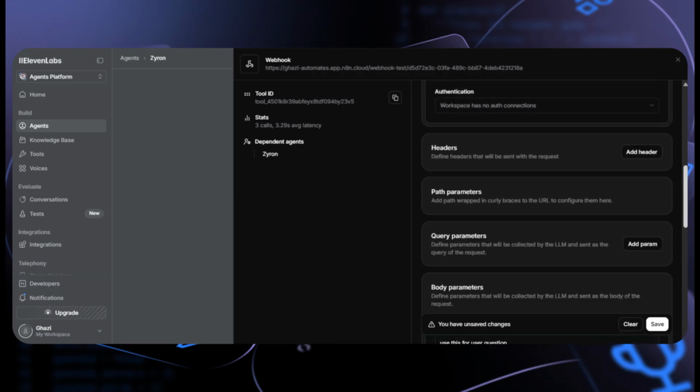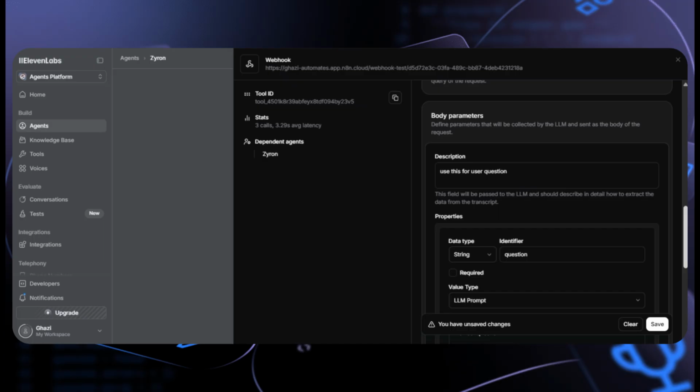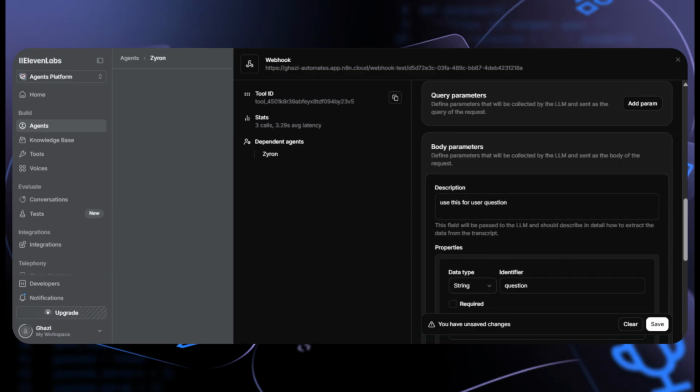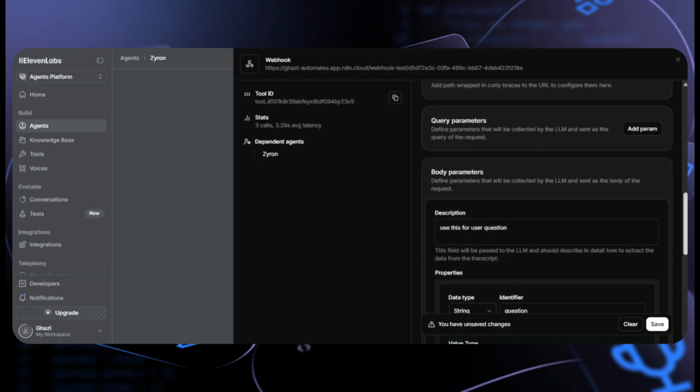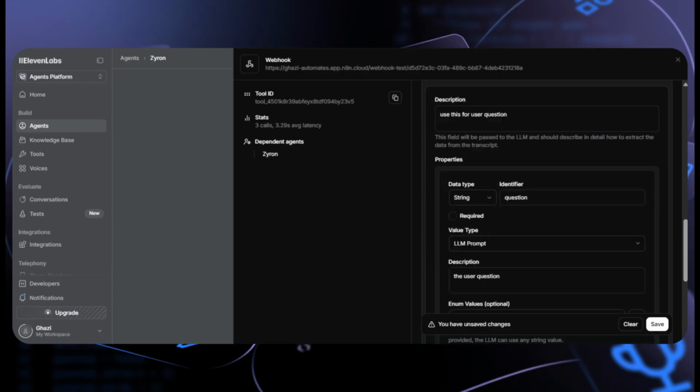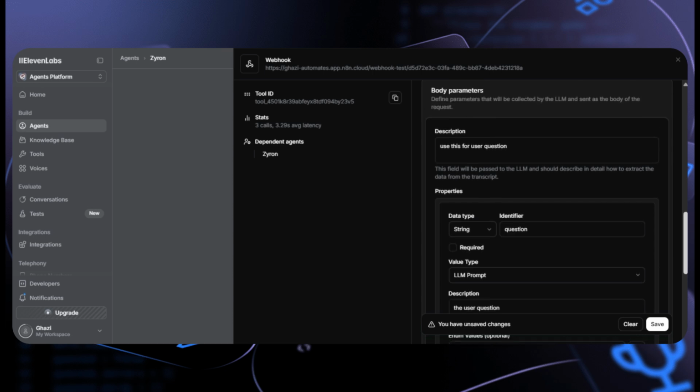You don't have to go more in depth, but I will show body parameters. There are three: headers, query parameters and body parameters, but in most cases we use body parameters.